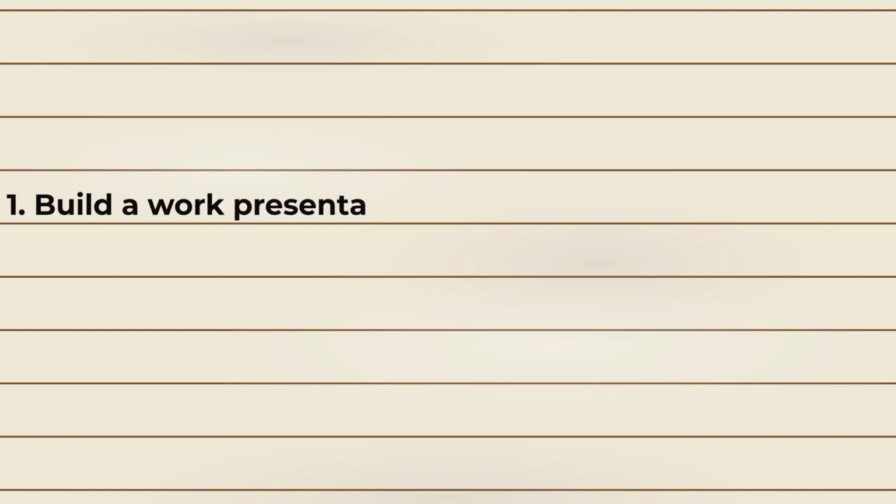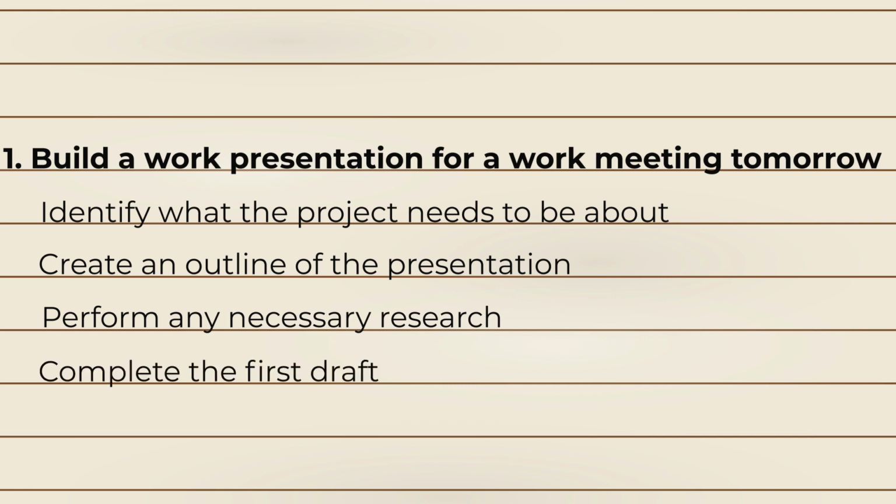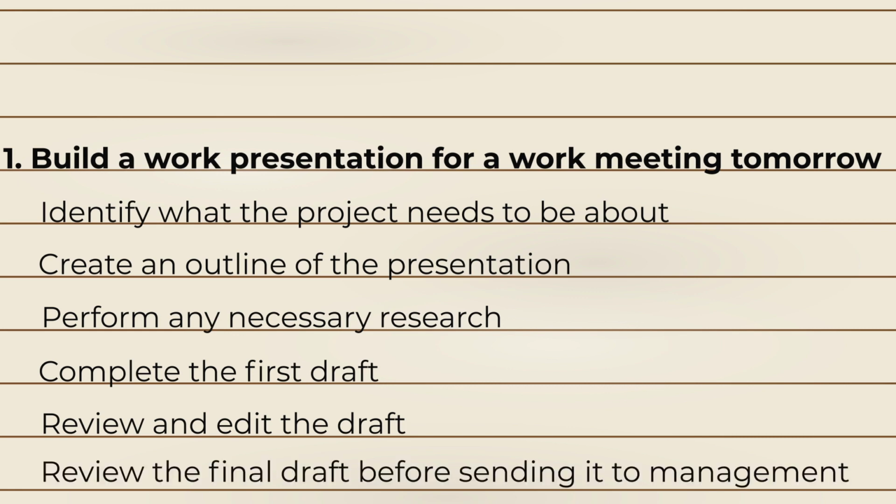You'll find that a lot of the things on your to-do list that you think are tasks are actually projects that have multiple action items underneath them. For example, your to-do list might say that you have to build a work presentation for a work meeting tomorrow. This is actually a project and requires a number of action items that need to be completed in order to finish it. You might have tasks like identify what the project needs to be about, create an outline of the presentation, perform any necessary research, complete the first draft, review and edit the draft, and review the final draft before